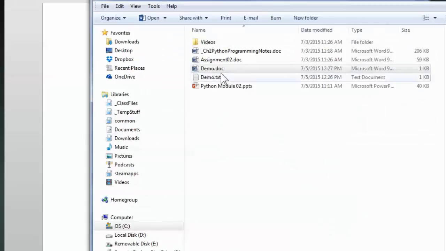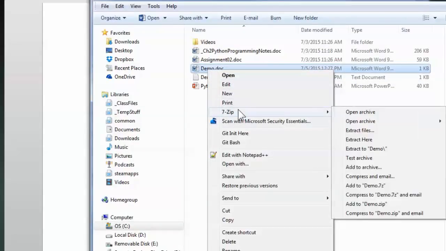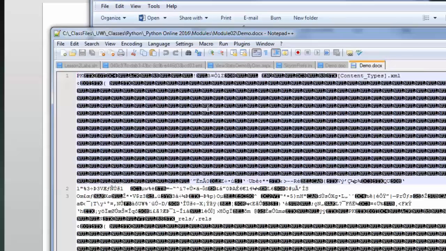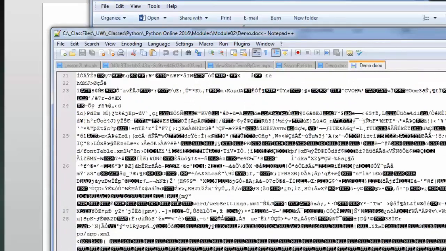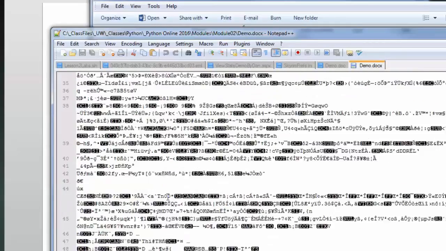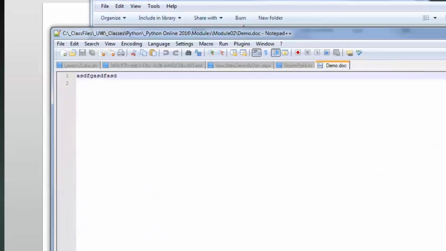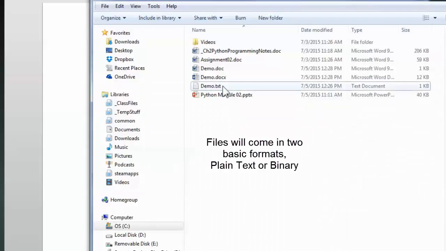That's because Word isn't strictly just a simple text file. It's got text and some binary formatting in it. You can see they got a bunch of goodies in here that kind of help me. I mean, essentially it's the same content. It's just that all this additional formatting structure goes along with it. So your files basically come down to some form of just plain text